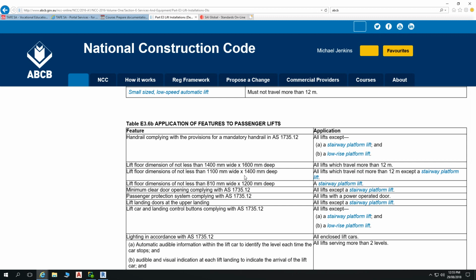Now whether that is essentially usable or not by a person with a disability, that's for the Australian Building Codes Board to make that determination on. They've already made that determination within the latest copy of the NCC to say, if you do it this way, then it complies, and that's what we were required to do. But the National Construction Code sets the base standard, and if you think about it, when they have to load